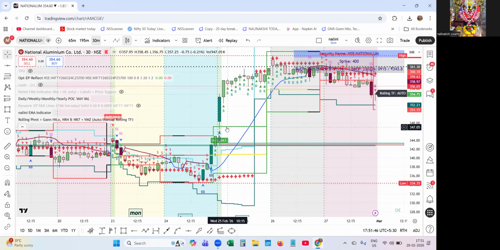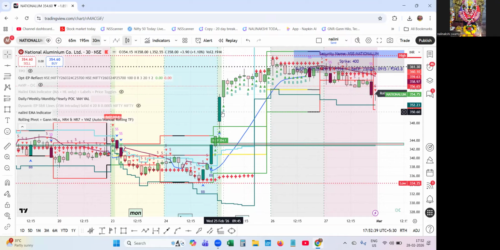Now let us add the first layer of strength. When price opens on Wednesday, and it opens above R1 of the rolling pivot, here you can see R1 of the rolling pivot. That is not ordinary strength. That is positional strength. Because R1 is not just a resistance, it is a level where weak hands usually book profit. It tells us one thing: buyers are not afraid of resistance, they are comfortable at higher prices. That is initiative behavior. And for BTST trades, this adds conviction. It tells you this is not just an intraday move,